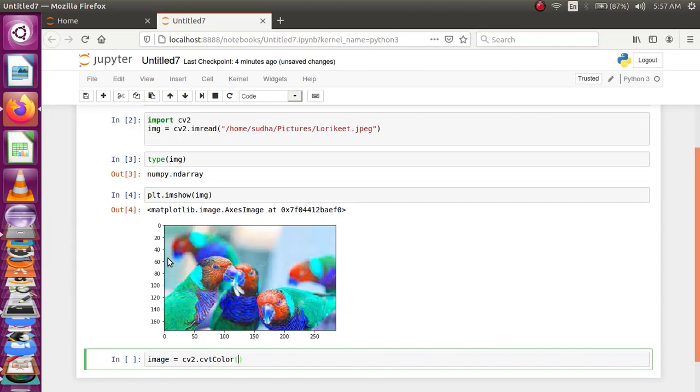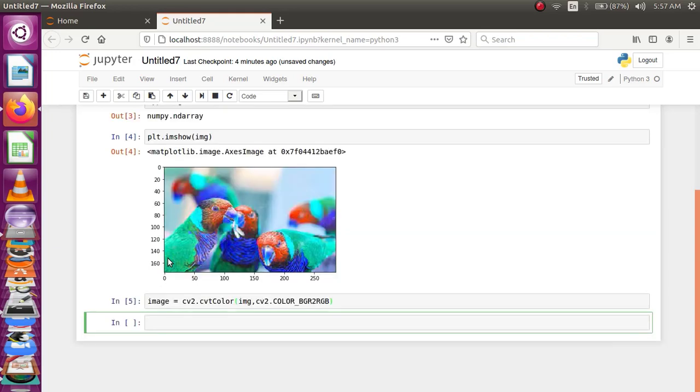What do I want to convert? I want to convert my image. I am giving the name img. The function to be performed is that it has to convert the BGR image, which is the default type in which OpenCV loads the image, into RGB format.